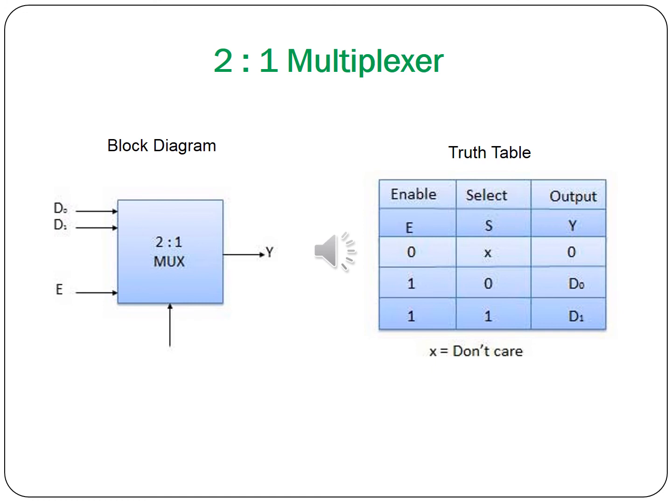This is the truth table. In this truth table, when the enable bit E is 0, the select line may be 0 or 1, but the output is not available. When the enable bit is 1, we can select the line. With D0 address 0, the D0 line data, either 0 or 1, is transferred to the output. When S is equal to 1, the D1 address is selected, and the D1 line data, either 0 or 1, is transferred to Y. So this is a 2:1 multiplexer.